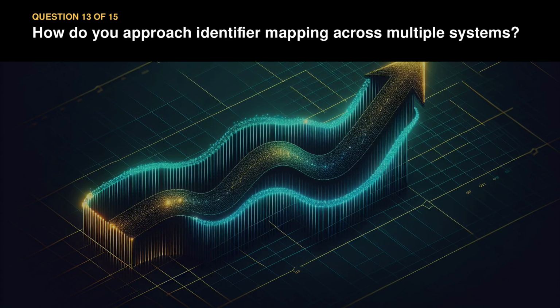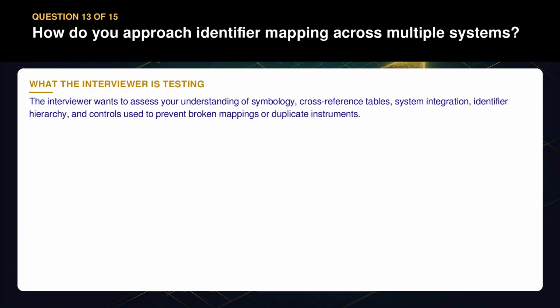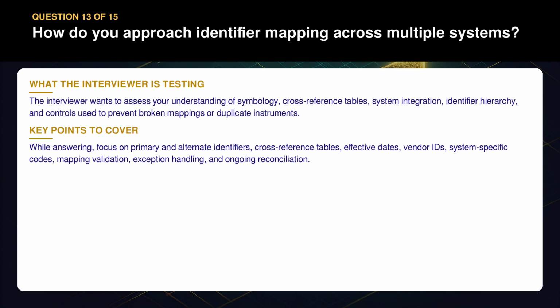Question 13. How do you approach identifier mapping across multiple systems? The interviewer wants to assess your understanding of symbology, cross-reference tables, system integration, identifier hierarchy, and controls used to prevent broken mappings or duplicate instruments. While answering, focus on primary and alternate identifiers, cross-reference tables, effective dates, vendor IDs, system-specific codes, mapping validation, exception handling,